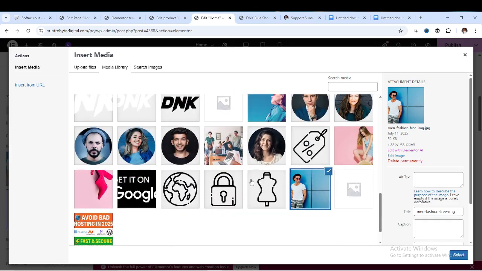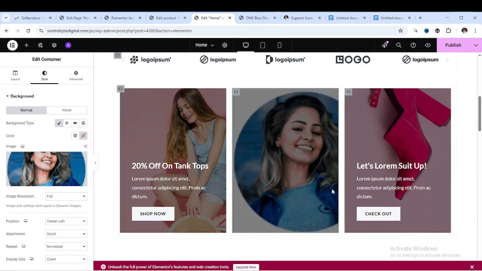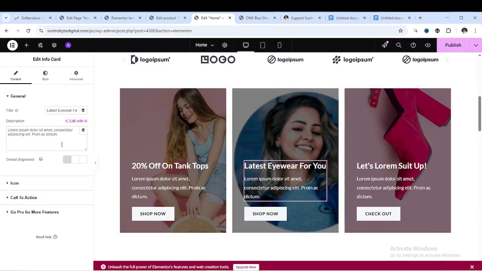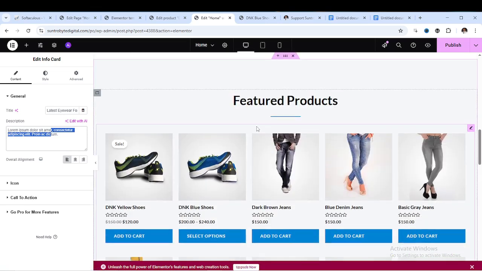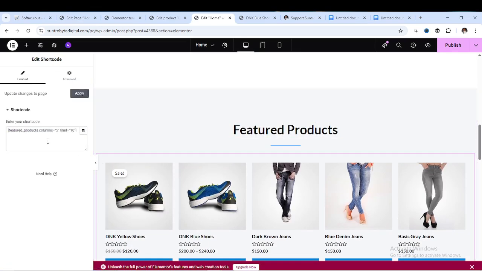Let me use this particular image instead. So you can see that the image appeared there. Now you click on this text, you can change it here, change the title here, then change the description here. So this particular feature product section, you click on it, then you can see